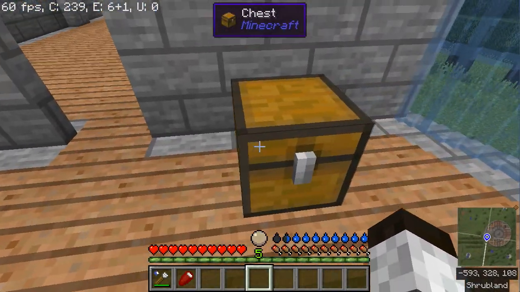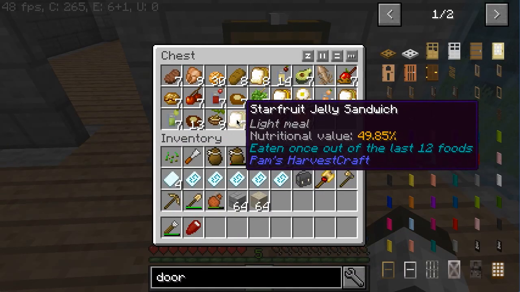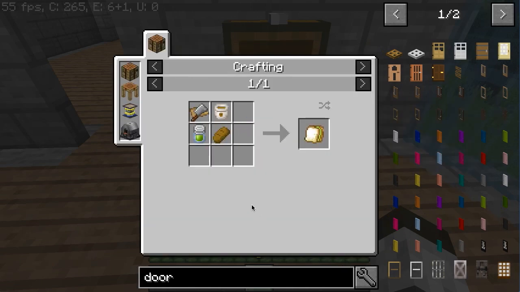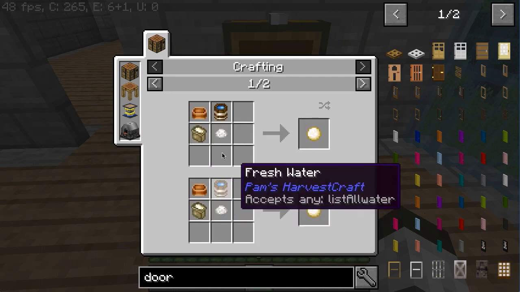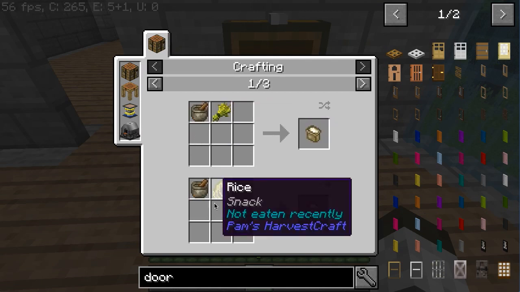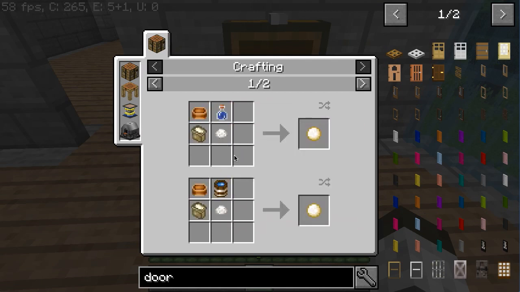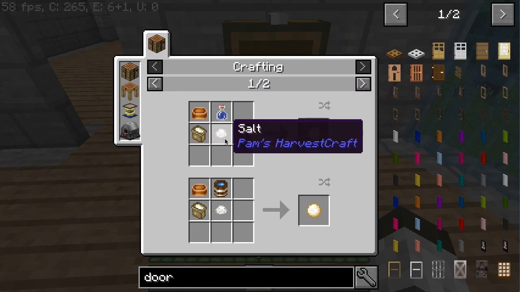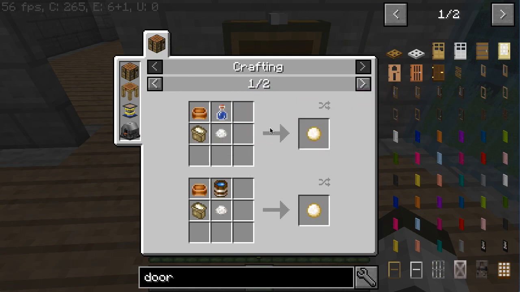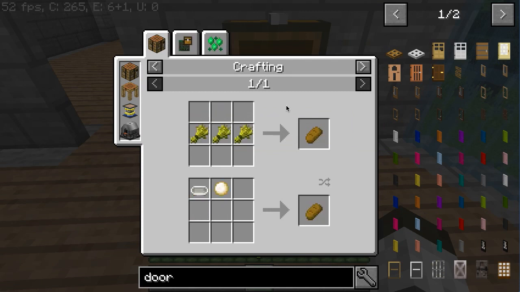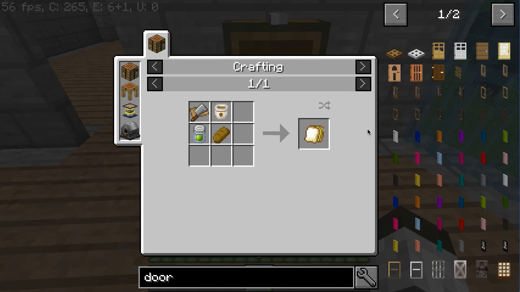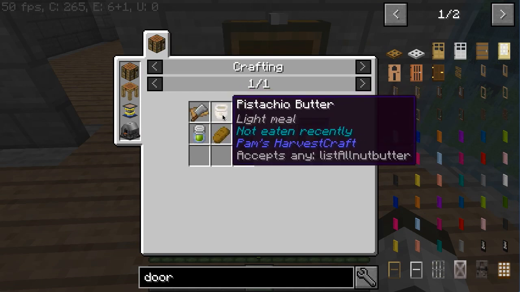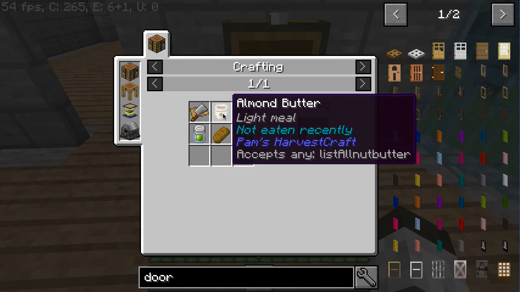Some of the things that are easy to make early game, especially sandwiches. So the recipe for a sandwich is to just take regular bread, which is obviously 3 wheat, the same recipe. You can make it with dough, and that requires 1 flour, which you can make with wheat or rice or potatoes or whatever other things that make flour. But you also need to come by water and salt, which is actually kind of a nuisance, not super easy to do early game. So I tend to use up a lot more wheat to make bread with the easier recipe. Suffice to say, though, once you've done that, any kind of nut butter,